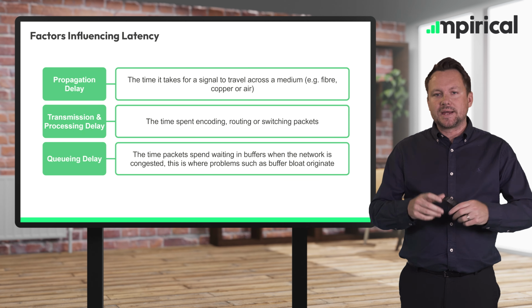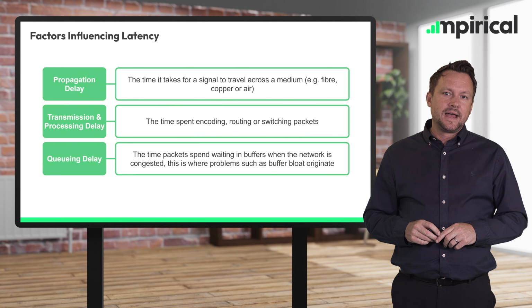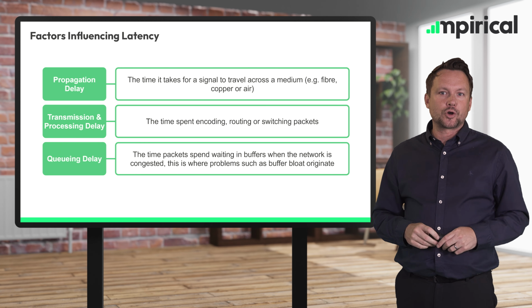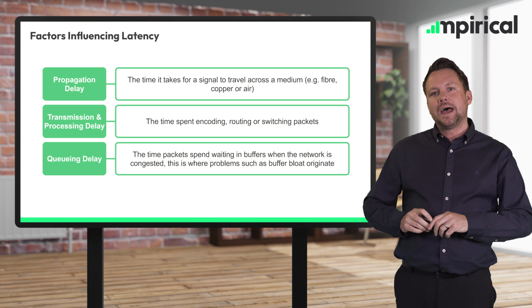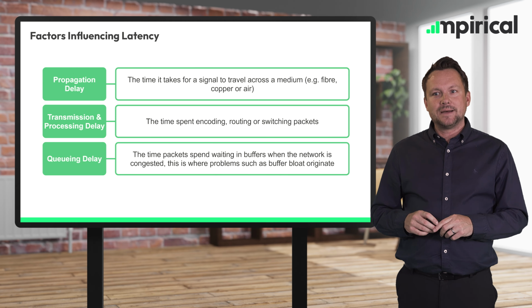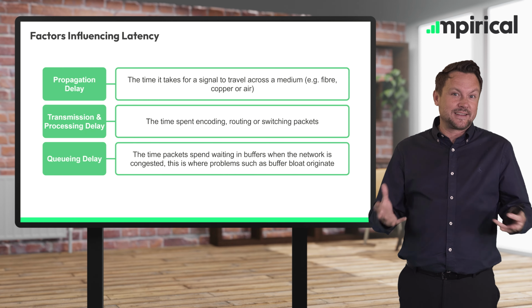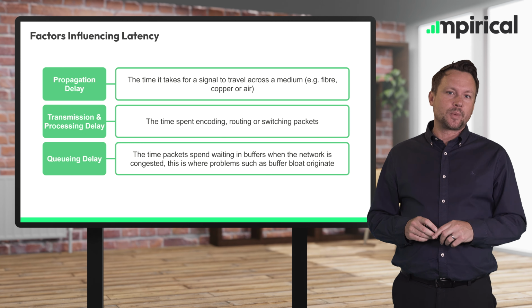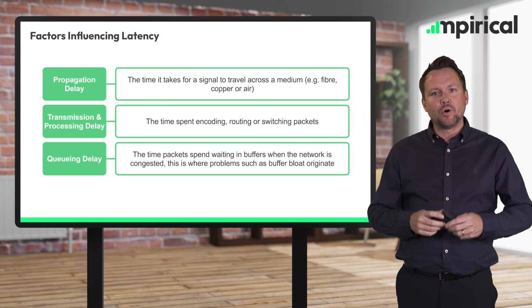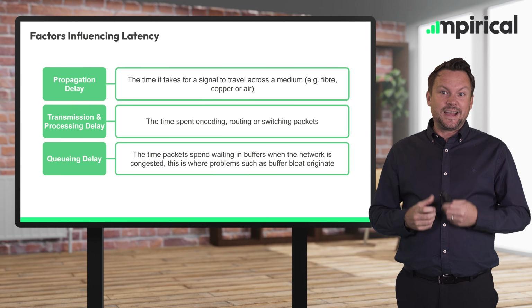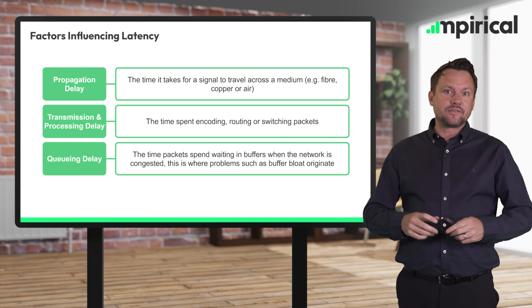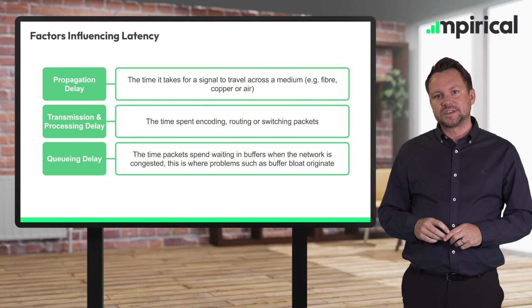So it's a little bit like if you're stood in line at a supermarket and everybody in front of you has got trolleys full of shopping and you have this urgent product that you need to buy. Maybe it's some medication or something like that. It's essential that you get it bought quickly. But you're stuck in the queue behind lots of people who aren't particularly in a rush and have got lots of shopping that needs to be processed. So that's an illustrative example of the issue of bufferbloat, where delay critical packets are stuck behind traffic that isn't particularly delay critical, but did get there first. And we'll explore this concept in more detail later on.